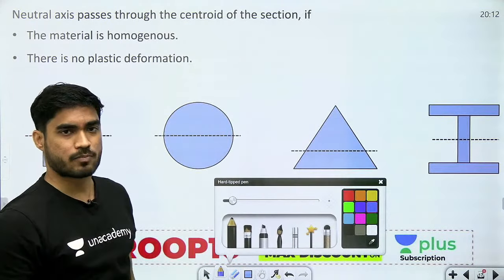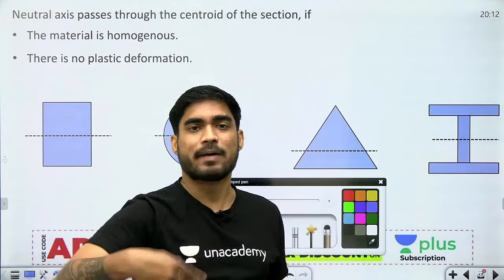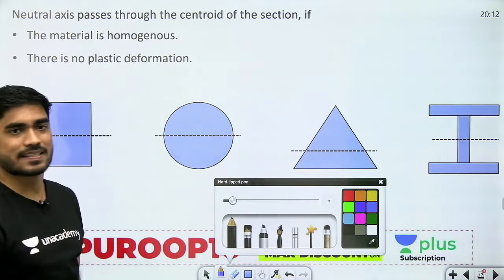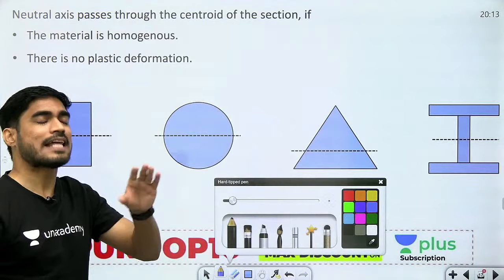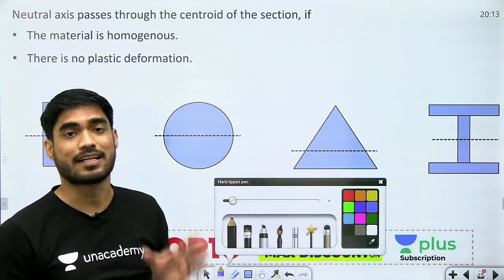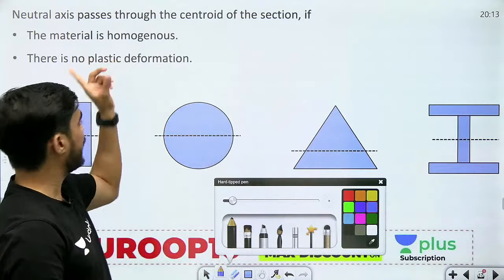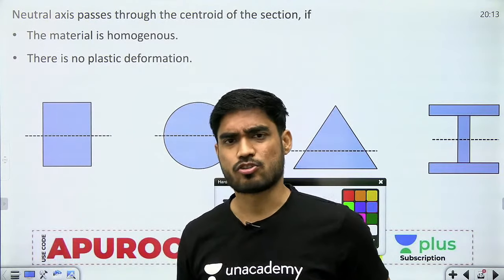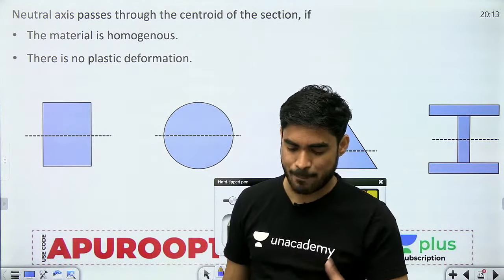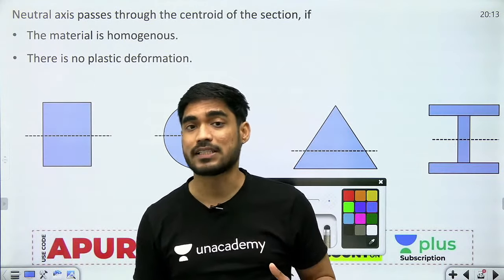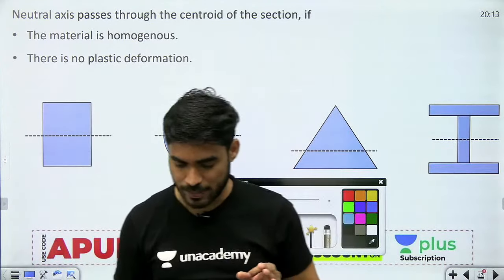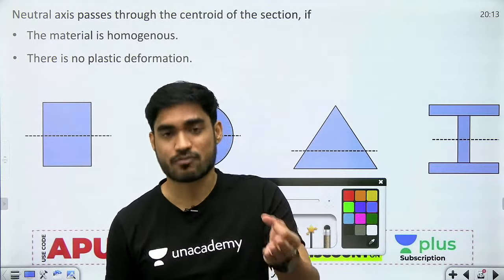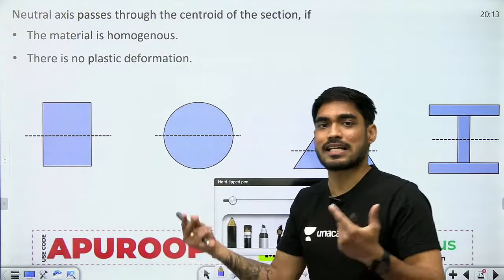Okay, so non homogeneous means whenever there are two or three materials involved in the cross section, then it becomes non homogeneous. In that case the neutral axis not necessarily passes through the centroid, ये ऊपर नीचे भी जा सकता है. ठीक है, second point is plastic deformation नहीं होना चाहिए. Now we are assuming stresses are within proportional limit, so obviously there will be no plastic deformation, right? अपना पहले ही assumption है कि plastic deformation नहीं हो रहा है because the stresses are within proportional limit. So बेटा, sorry, neutral axis will pass through the centroid because हम plastic deformation consider नहीं कर रहे हैं.